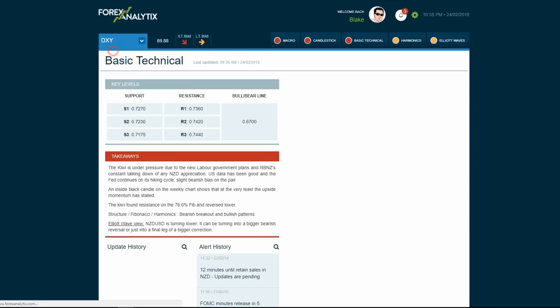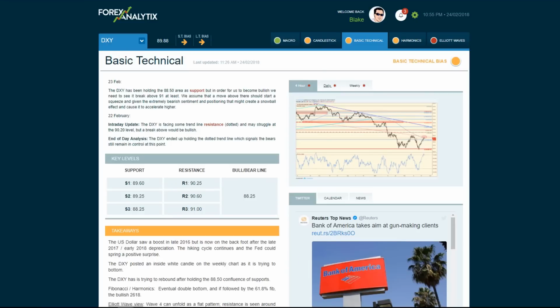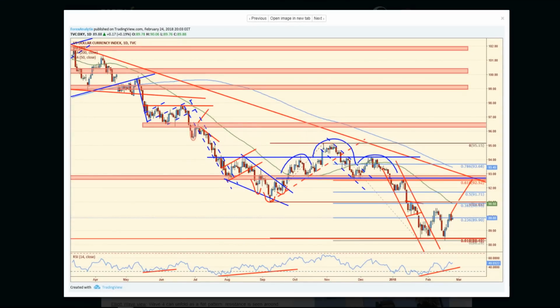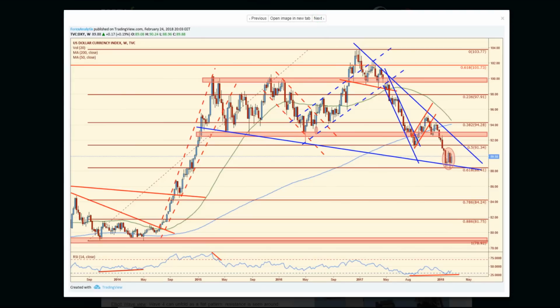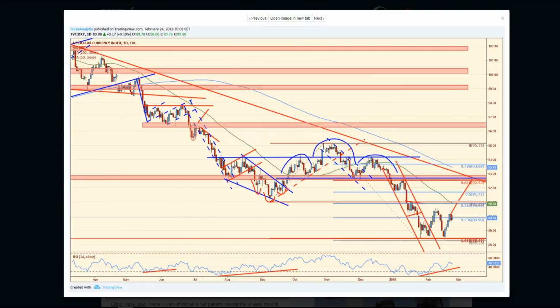Okay, so let's go over to the dollar index, and the dollar index really pivoted off of a 618 retracement, a big weekly support. That's these lows from right here all the way to the highs, 2014 to 2017. We're at a 618, and it's a really critical fib level. You can see possible trendline support. The dollar could very well bounce.